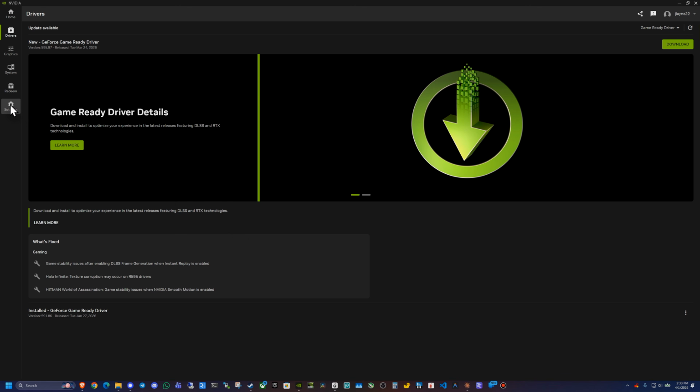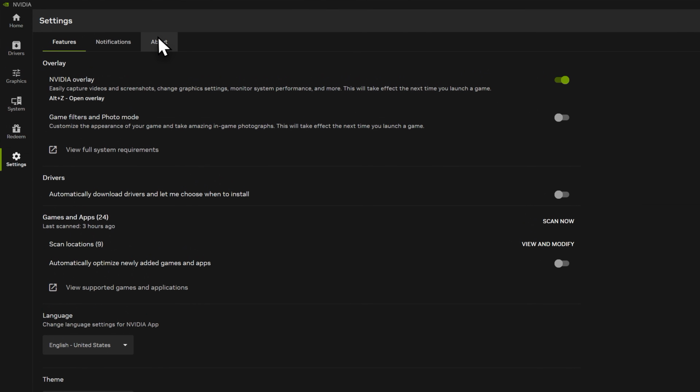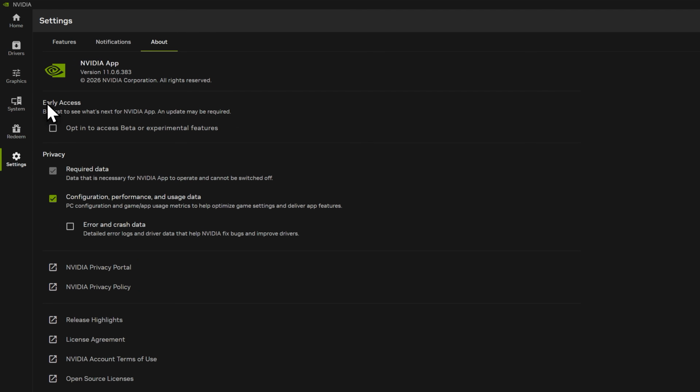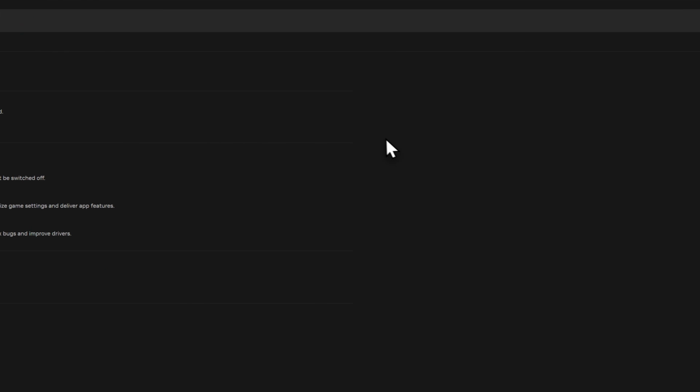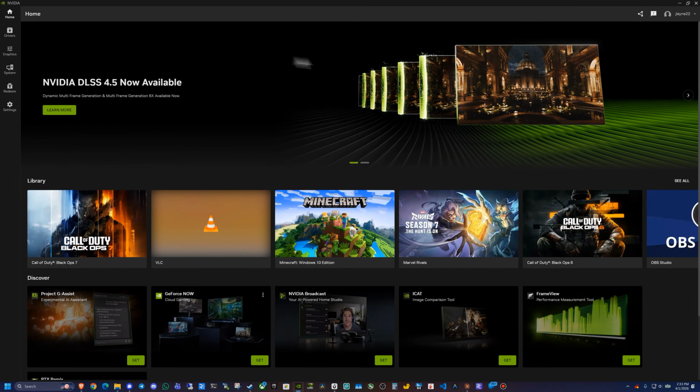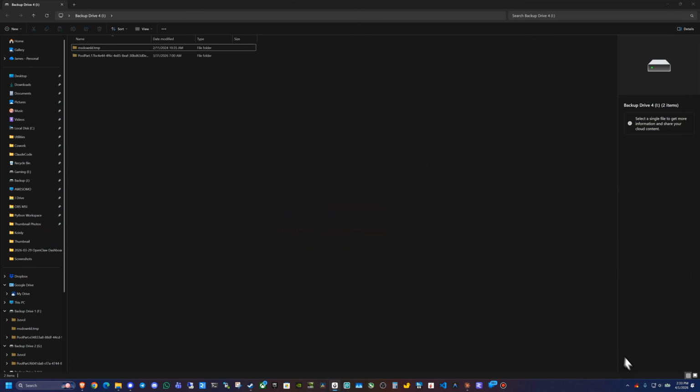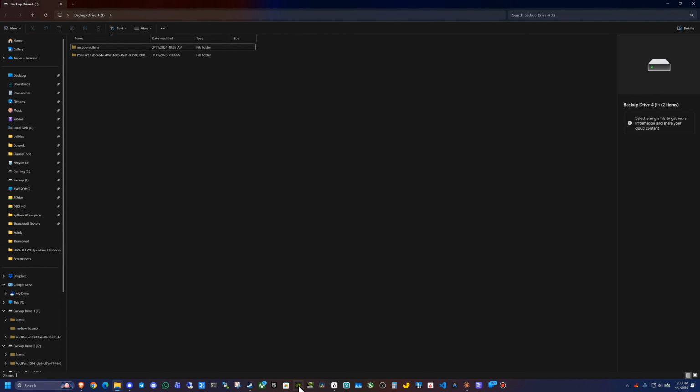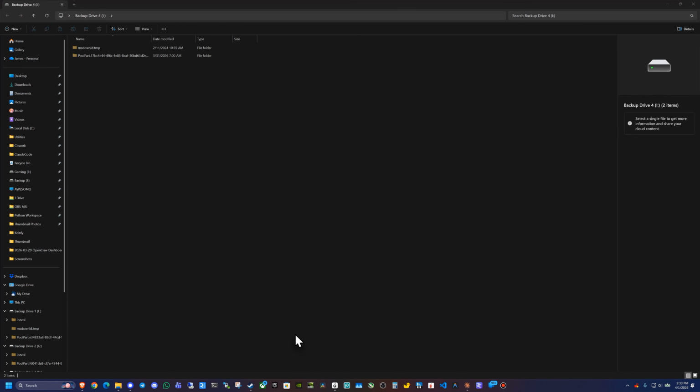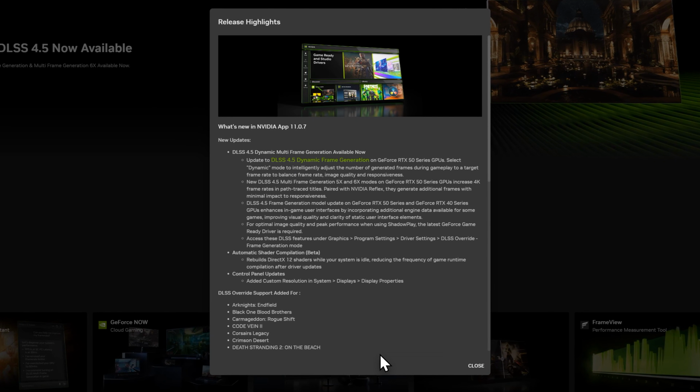We're just going to go over to settings, and we're going to go over to about. And then right here where it says early access, opt into access beta or experimental features. We're going to check this box here, and then we're going to go home, close the app, and then I'm going to go ahead and close it from here. So go ahead and hit exit from my taskbar and then relaunch the app. I have it pinned down here on my taskbar. And once that's completed, it should say you now have the NVIDIA app